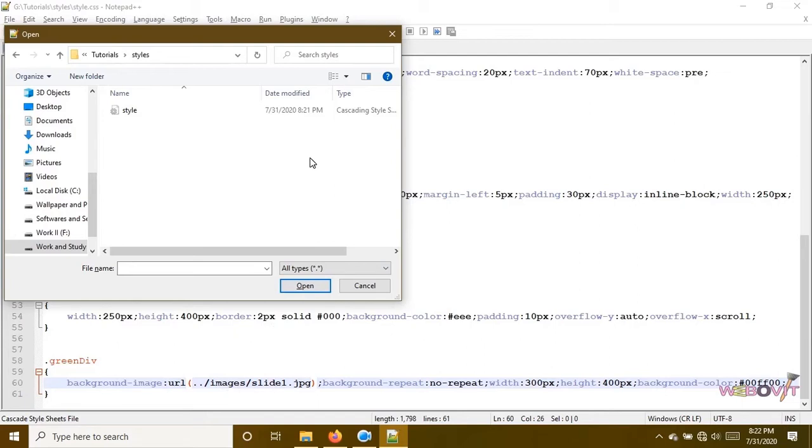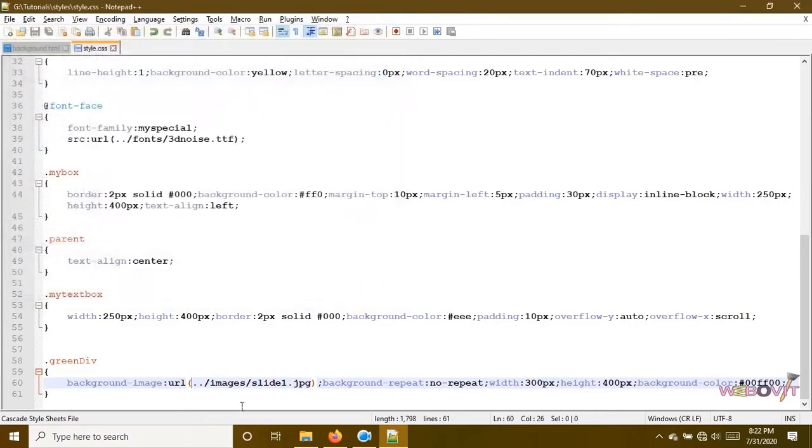If you need to go two directories up, you could use ../../, which means it will first go up a directory, then find the particular folder. In our case, we need to go just one directory up, then you can see the folder here. So now the background image is available for the div along with the background color.